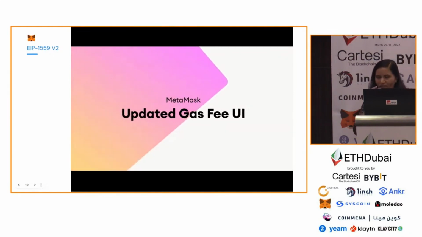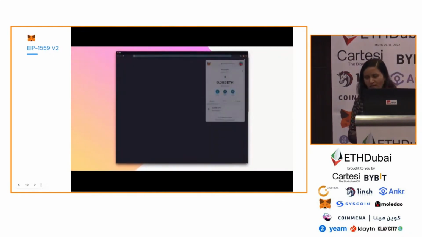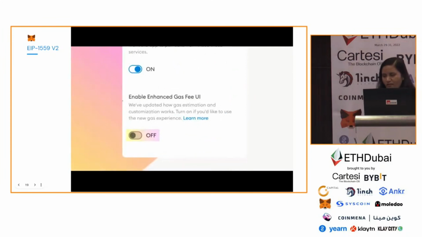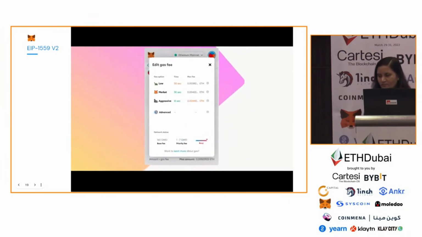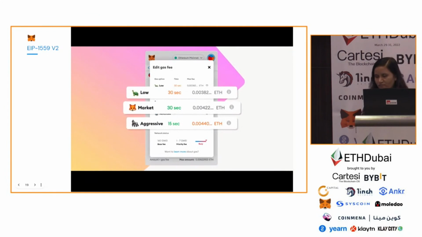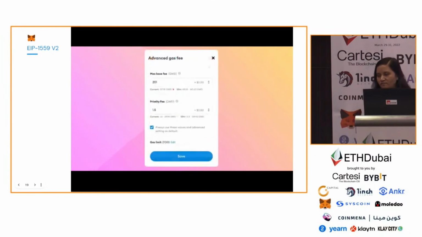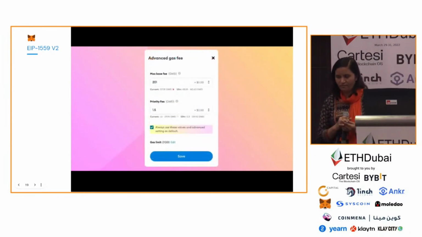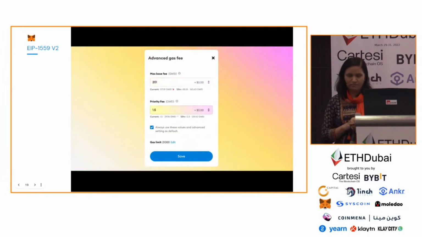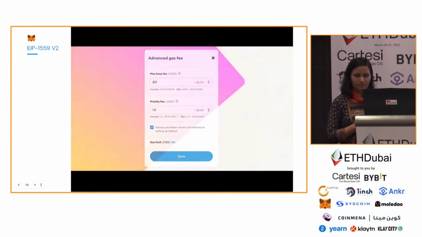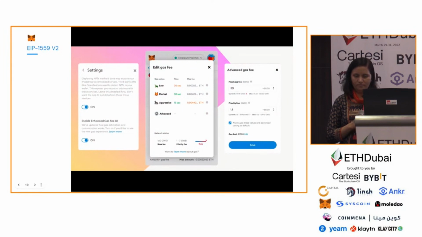We've updated the gas UI in MetaMask to make it more accurate and easier to use. If you're interested in trying out the new feature, you can turn it on in Settings, Experimental. The new UI does a few things. First, we've changed the priority selections to low, market, and aggressive to reflect improved market-based gas fee estimations, especially in response to volatile conditions. Next, you can now set Advanced as your default option, and your customized values will be saved and used next time. Finally, we've simplified the customization of fees, which means no more advanced mathematics required to calculate the max base fee. Try out the new UI now on Extension and